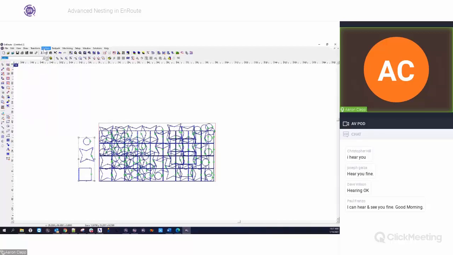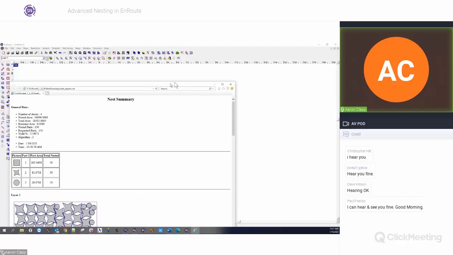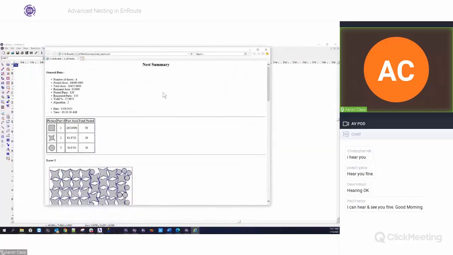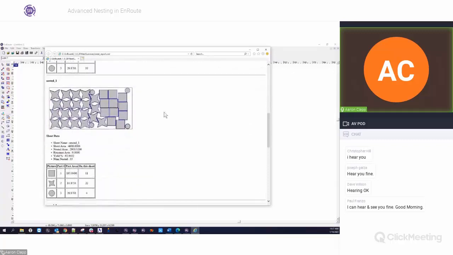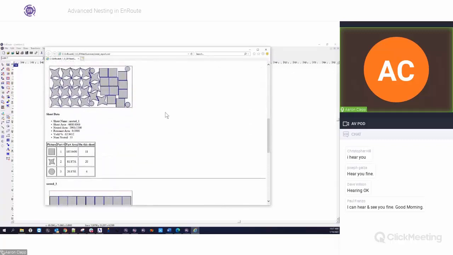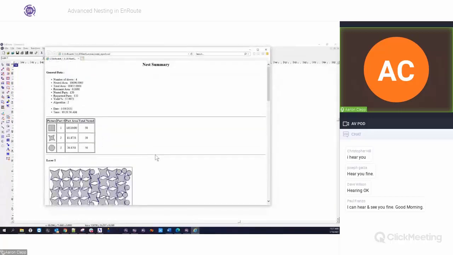But if I go to my transform menu, go to nest and view nest report, it's going to bring up an XML document that shows me each layer and what was nested in that layer. So it's going to give me a picture of what's in there and then how many parts and some data about each nest. So this is kind of a nice thing to be able to print out, especially if you're going to be sending this job out to cut and you have somebody who is going to be keeping track